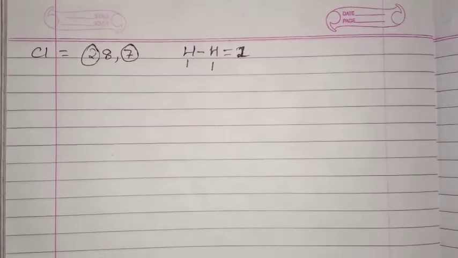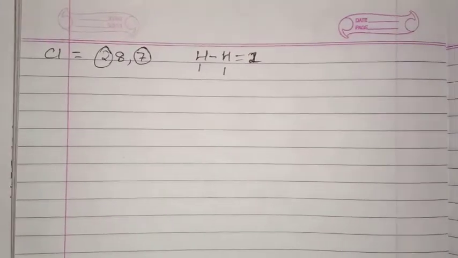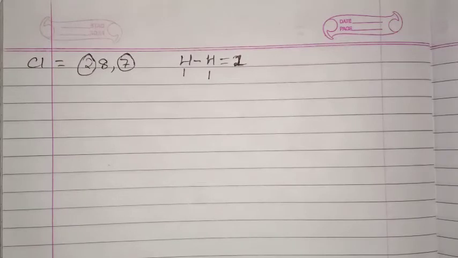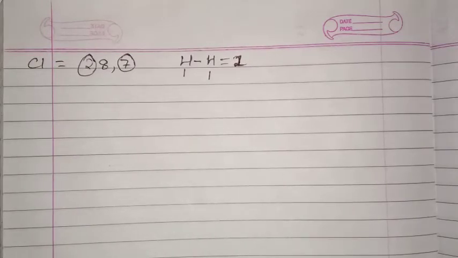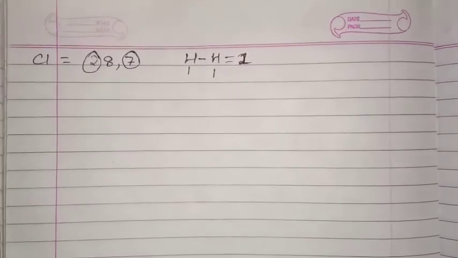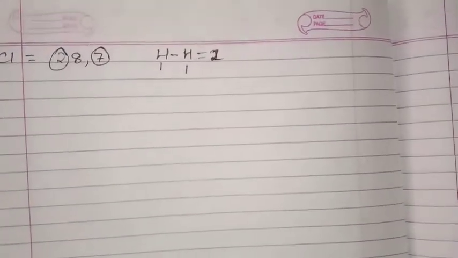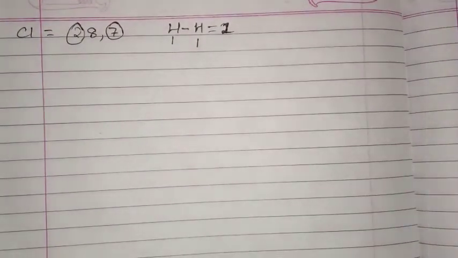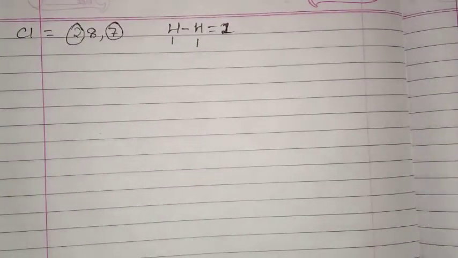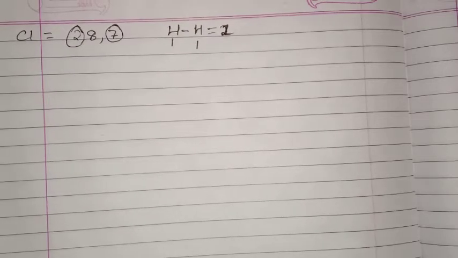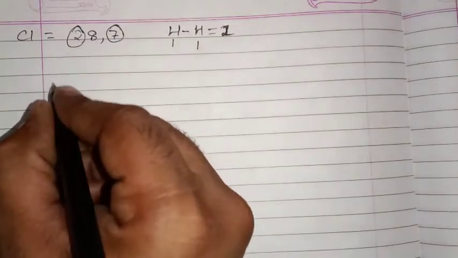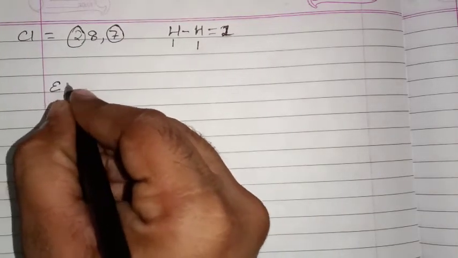Now this is all about why elements undergo bond formation: only to complete their outermost octet or duplet state. In the next part, this year we have a special structure. We know the electronic configuration of different elements, but here we are not going to show it. We are going to learn about a kind of structure that is the electron dot structure.